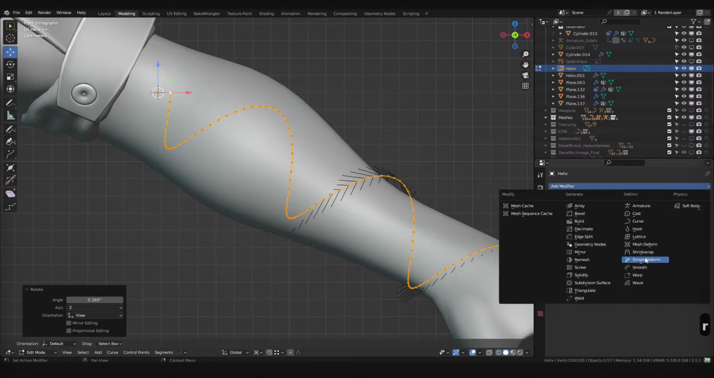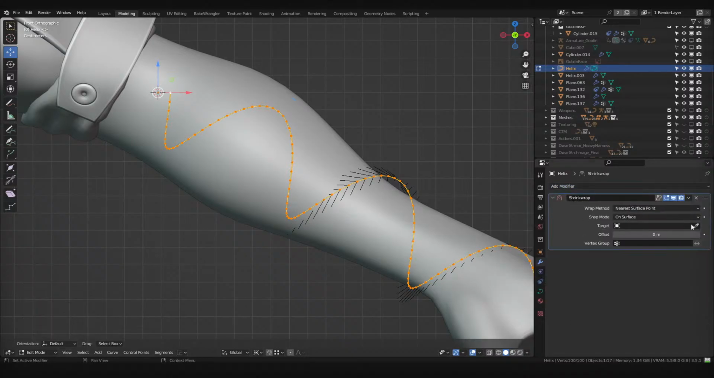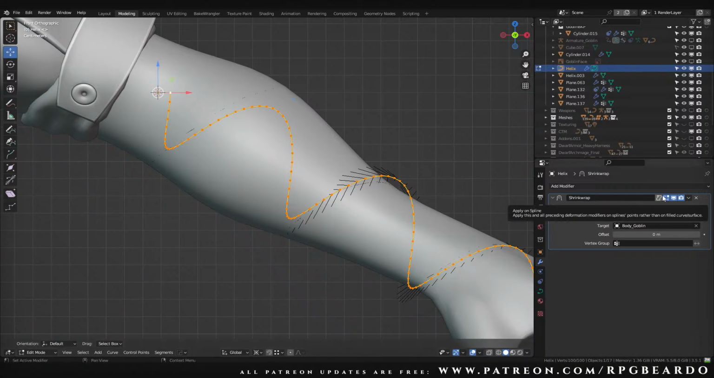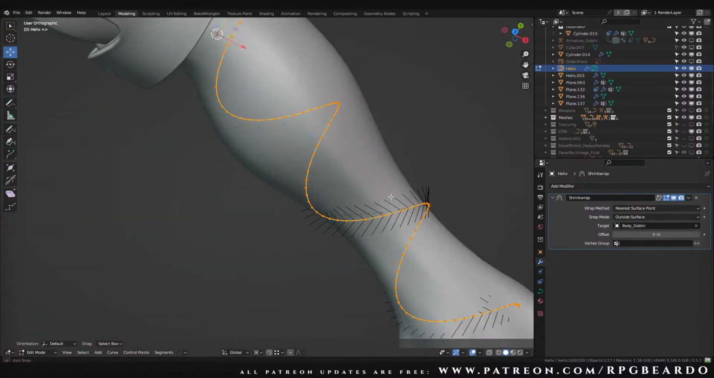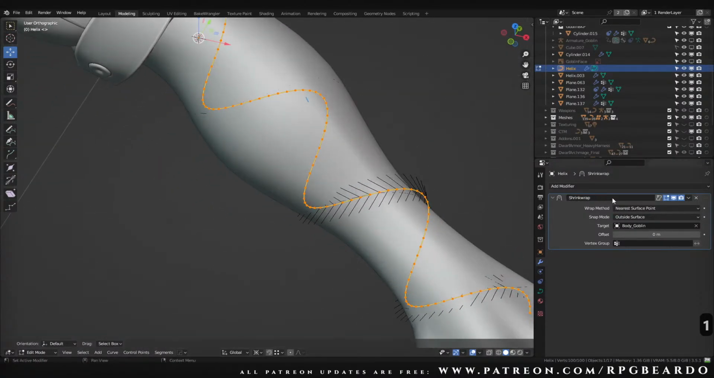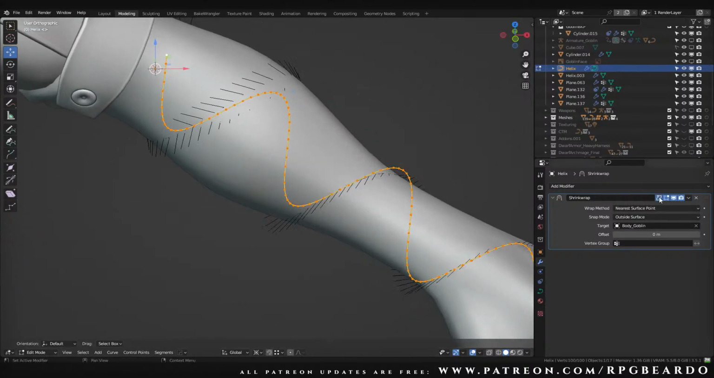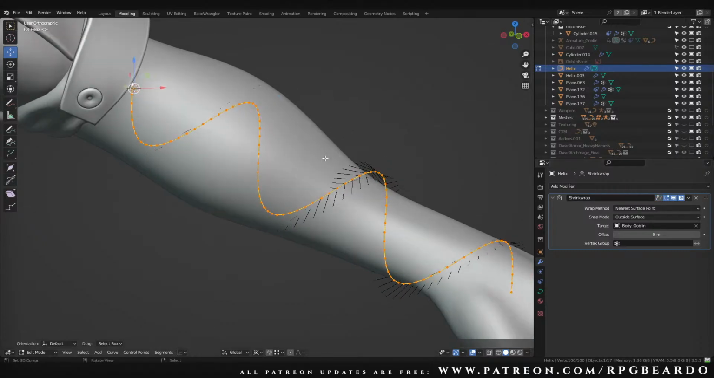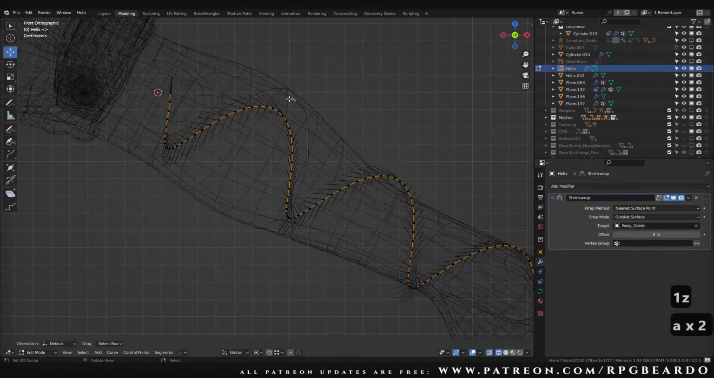What we need to do here is add a shrink wrap modifier. Our shrink wrap is going to make our curve wrap around the arm, but for some reason it's not doing what it's supposed to. Oh yeah, it is. I just can't see it. Should be visible in